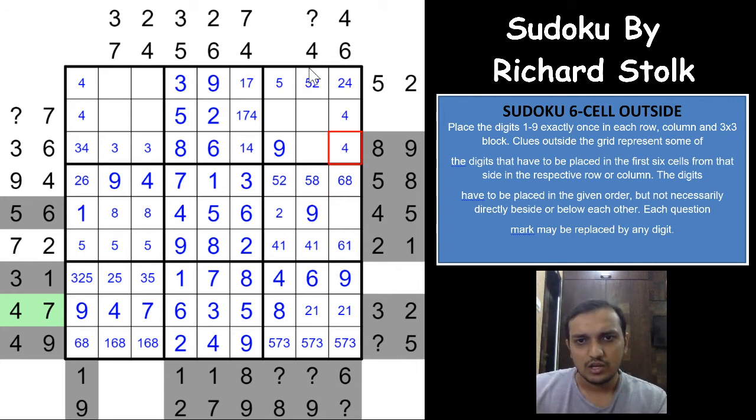Okay, again 4 cannot be in any of these three cells, which means that, oh, 4 is already here, so this cell would have to be a 4 now. That's nice. So 4 is also done. 7 and 4, first 7 and 4, 2 6 is done, 3 5 is done, 2 4, so 2 will have to be in one of these three cells, right?